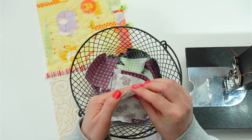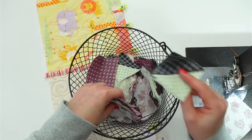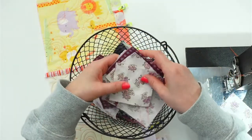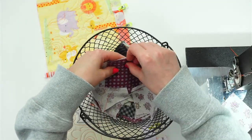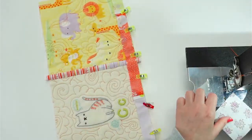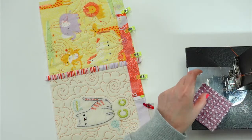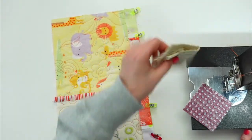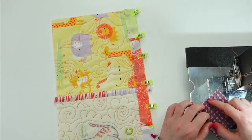So this is that leader and ender project that you know is ongoing. I'm making half square triangles indefinitely with scrap fabric, and eventually I want to turn this into a quilt coat. I got a bunch of blocks sewn together, but not enough for the whole quilt. Instead of using little extra pieces of fabric to start and end my row, I'm starting and ending with a whole